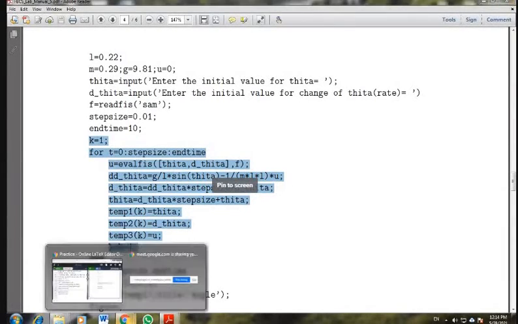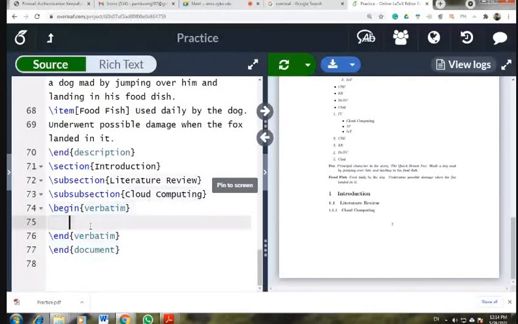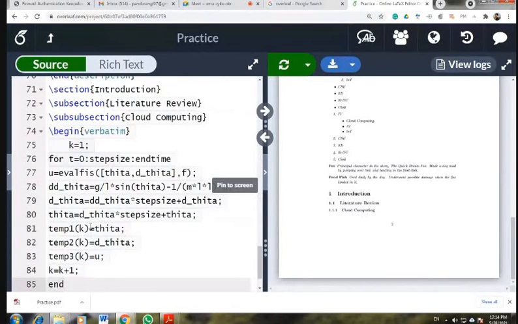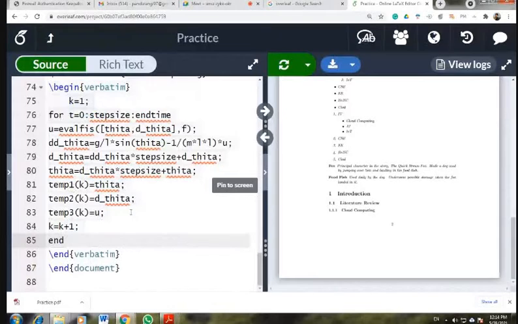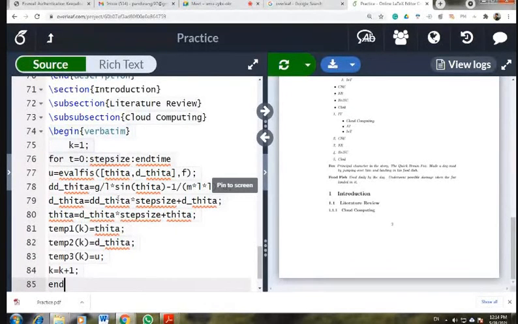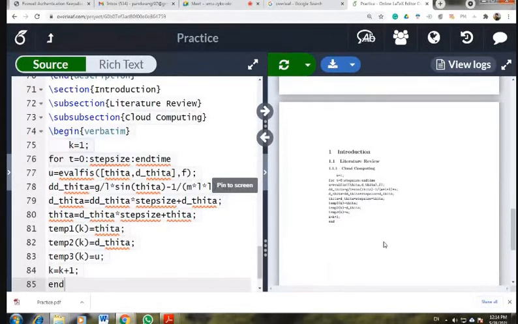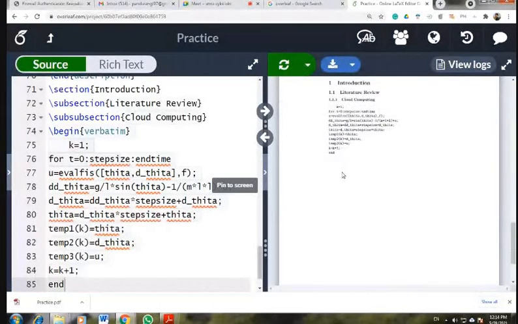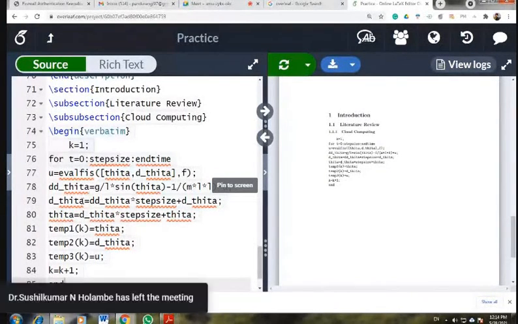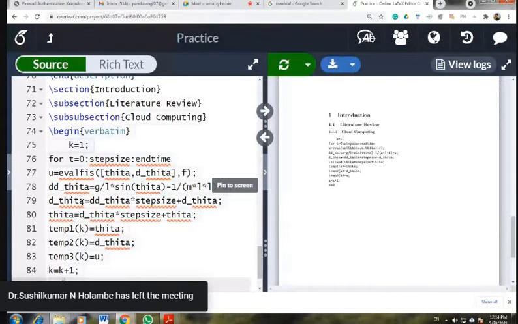Sometimes it is required to print the code as it is, or the text as it is, without any formatting. This is a MATLAB code. I would like to print it as it is in the output of the text of the paper. You can see, it appears as it is, as in the editor.